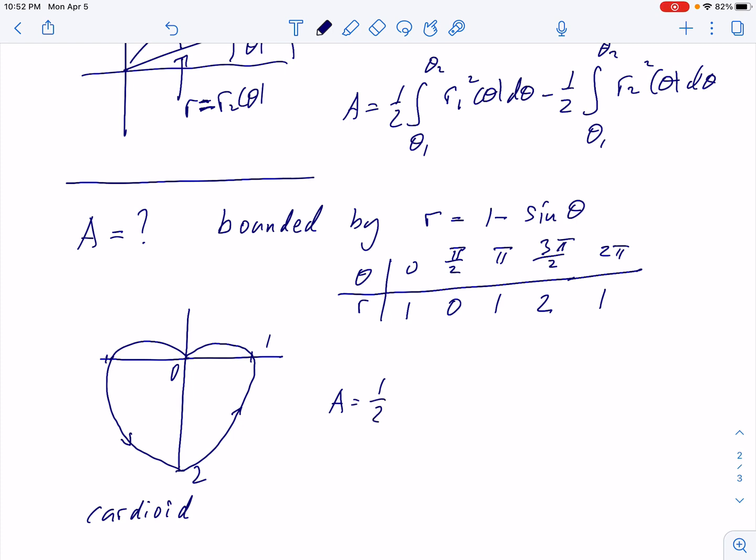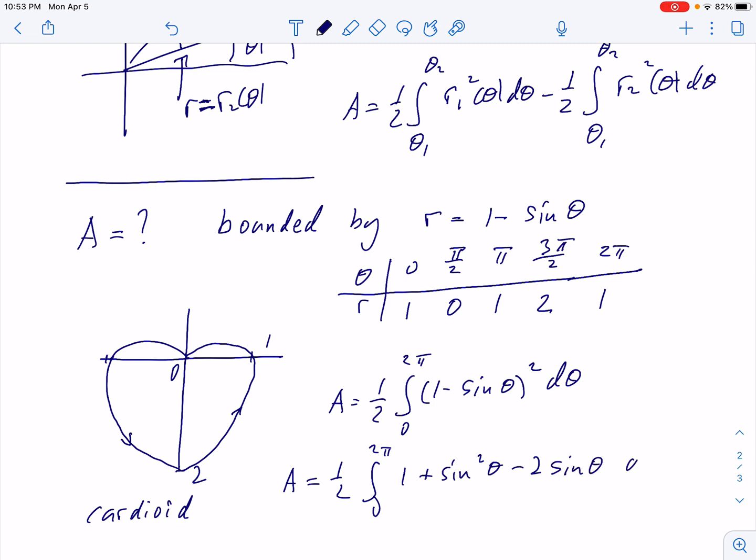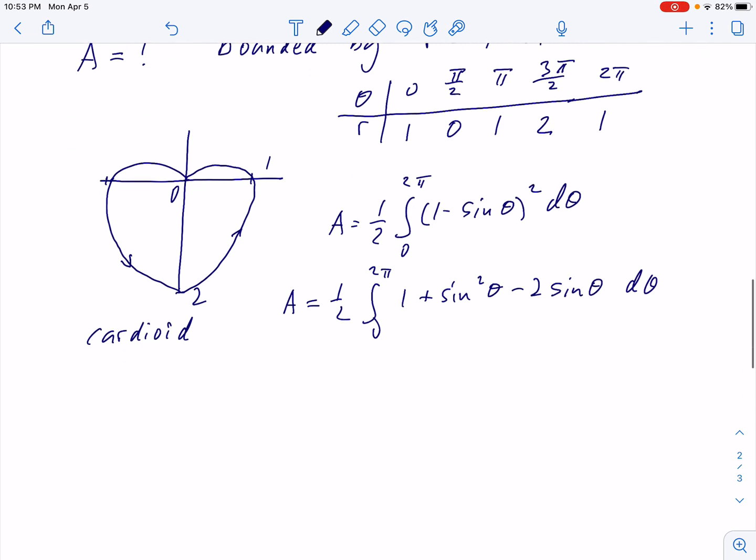This will be 1/2 integral from 0 to 2 pi, 1 minus sine theta, this squared, d theta. Here we work the square. Integral 0 to 2 pi, 1 plus sine squared theta minus 2 times sine theta d theta. We can distribute the integral to each of these. So area will be